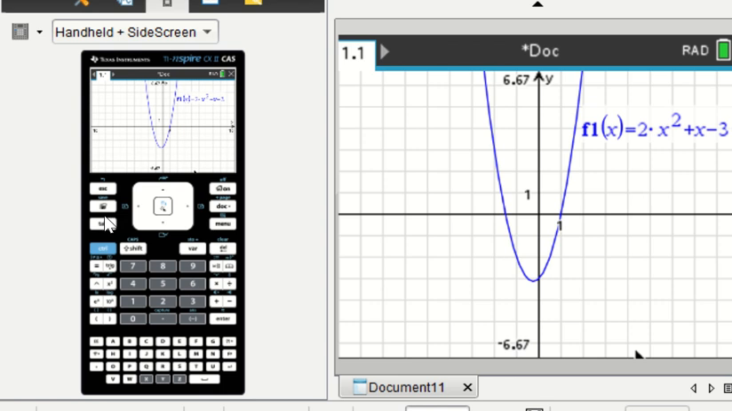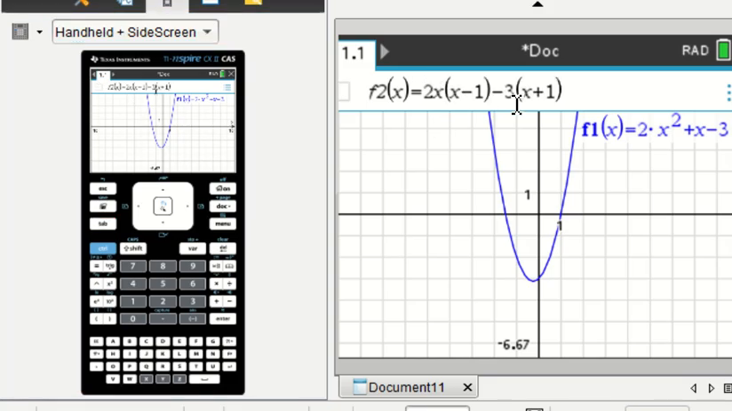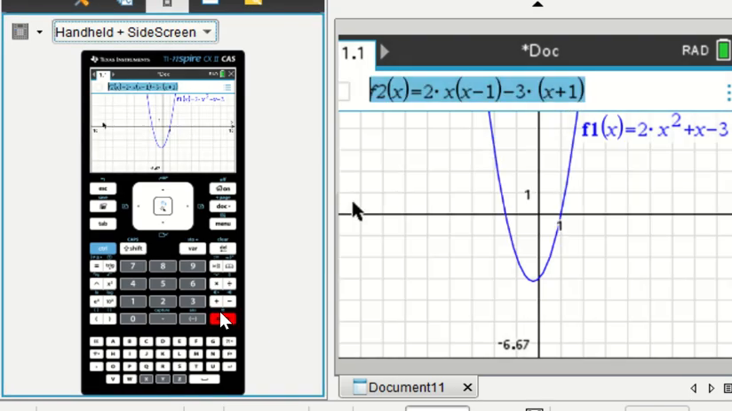So we start with tab to get a new command line, and I'm going to say 2x, parentheses, x minus 1, minus 3, parentheses, x plus 1. Now that graph